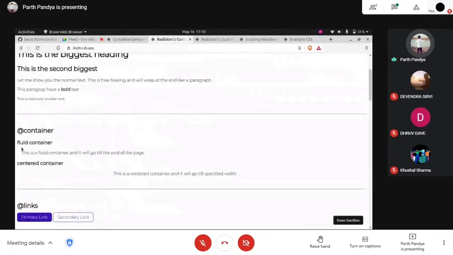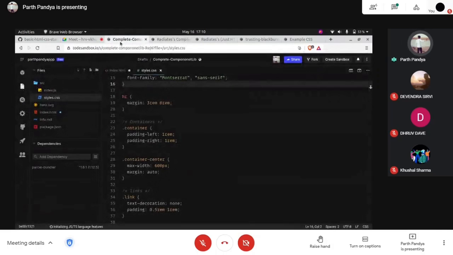By default it will have a padding left of 1 rem and padding right of 1 rem. A rem is a unit of measurement, like centimeter or millimeter; on the web we have rem, pixels, vh, percentage, and so on.